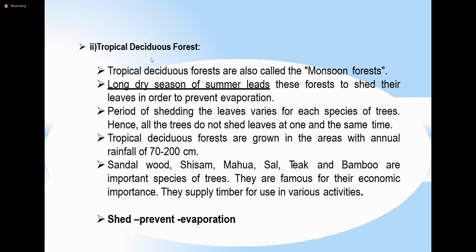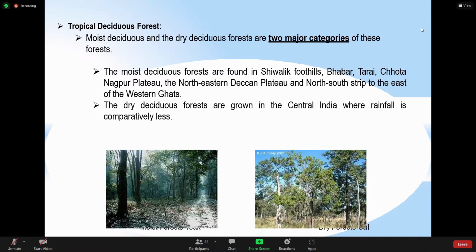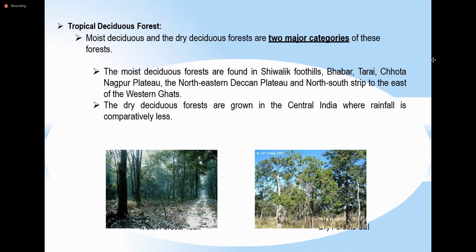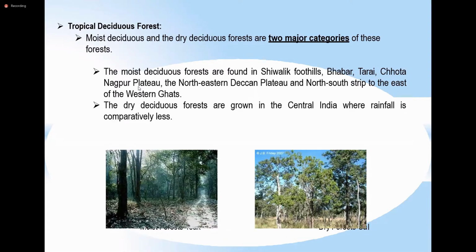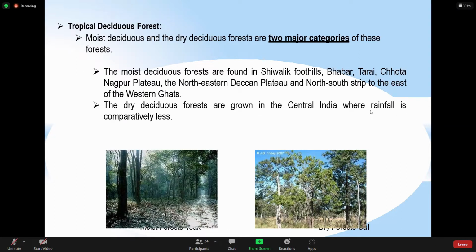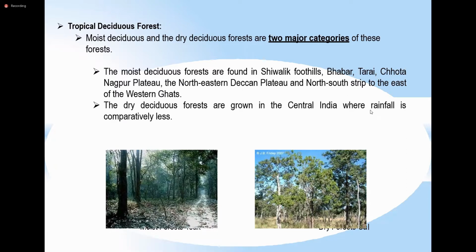Excessive evaporation from the trees so that they can survive that summer. Moist deciduous and dry deciduous forest are two major categories of these forests. Under the tropical deciduous forest, there are moist as well as dry. The moist deciduous forests are found in Shivalik foothills, Babar, Tarai, Chota Nagpur Plateau, northeastern Deccan Plateau, and sub-strip to the east of the Western Ghats. So these parts of India, you will find that these moist deciduous forests are there, and the dry deciduous forests